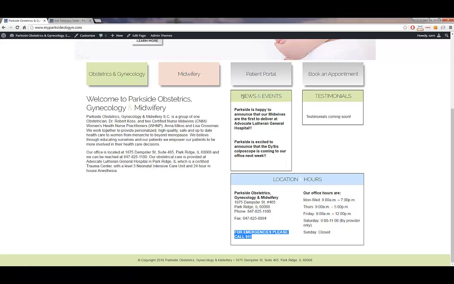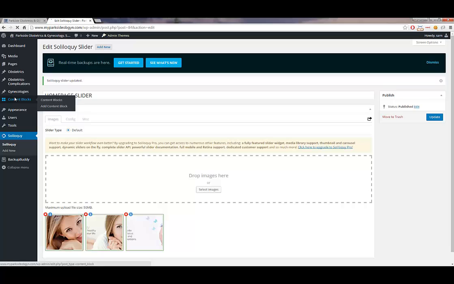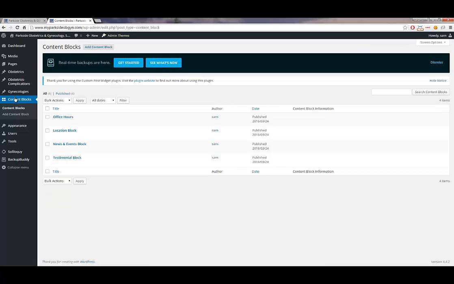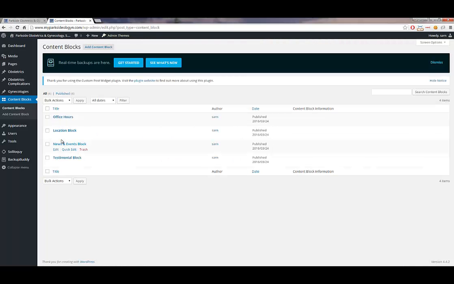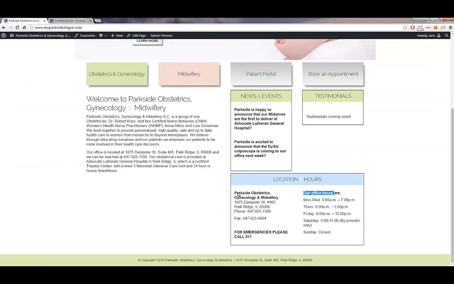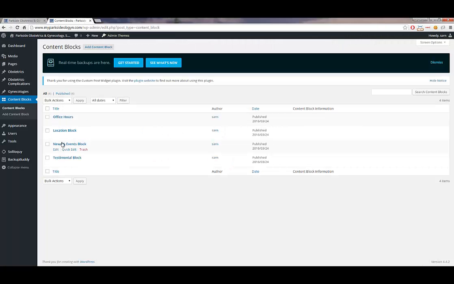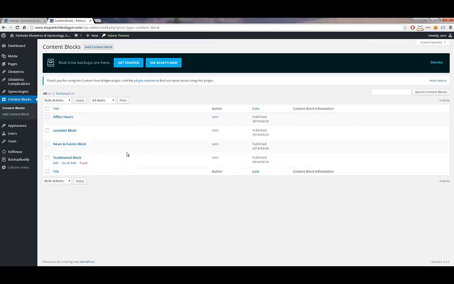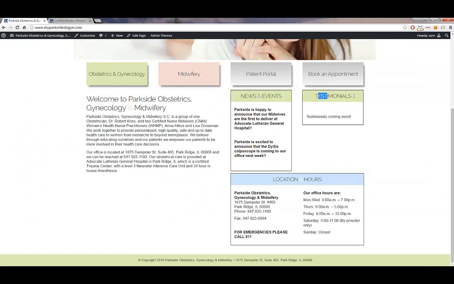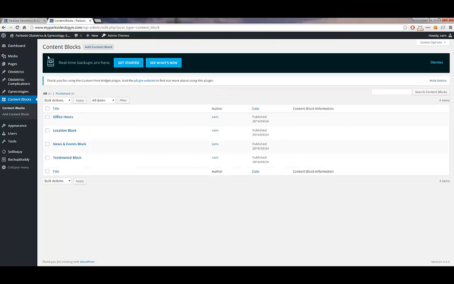So yeah, the stuff that can change are in content blocks. That's going to be under content blocks with the according titles to them. So office hours would be this part here. The location block is probably this part here. That's the location. The news and events is this here, and the testimonials, which is the last block, is this part right here. And they work just like